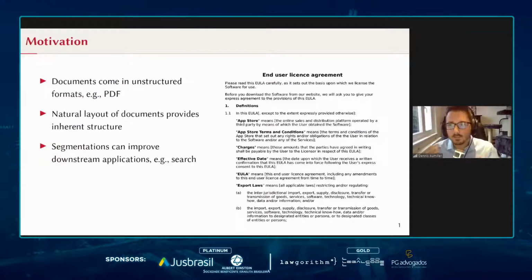However, this kind of structure usually gets lost when we're dealing with a machine readable format. And even when we try to apply segmentation methods afterwards, usually such a paragraph or document structure is lost. And why is this important? Well, especially for segmentation, we have a lot of tasks nowadays, for example, in the workshop at this conference, where you're dealing with paragraph retrieval. So having structured and thematically similar paragraphs is essential.